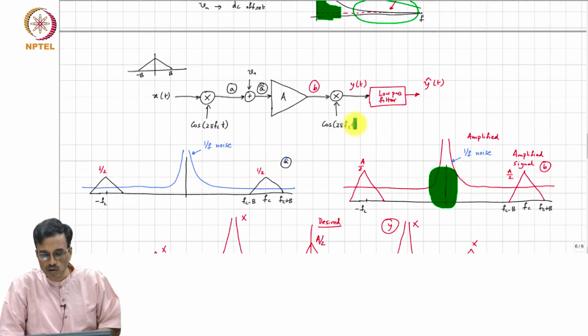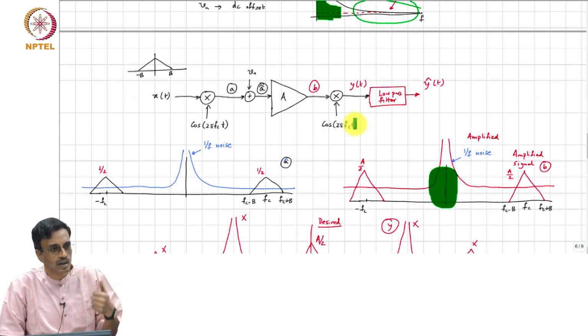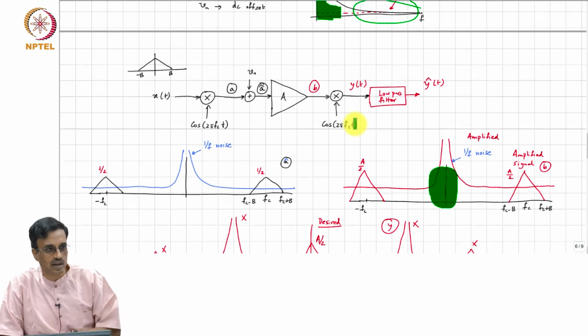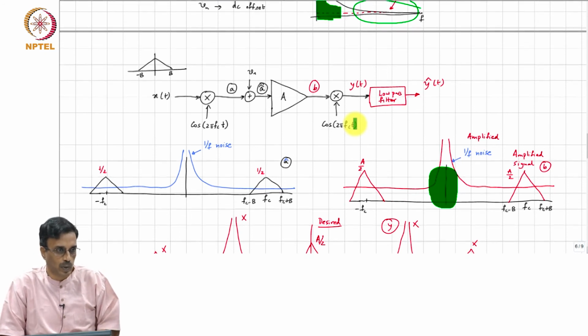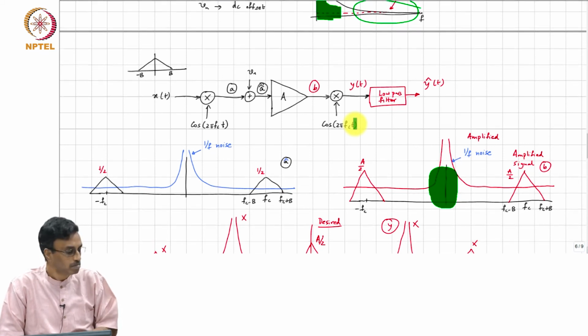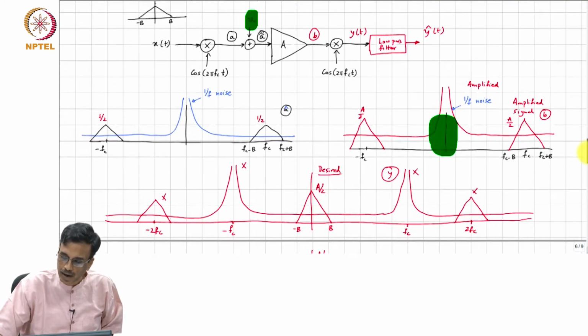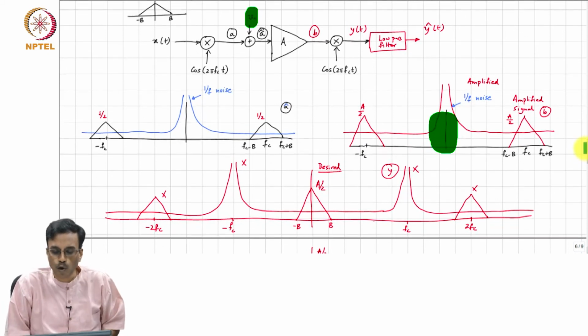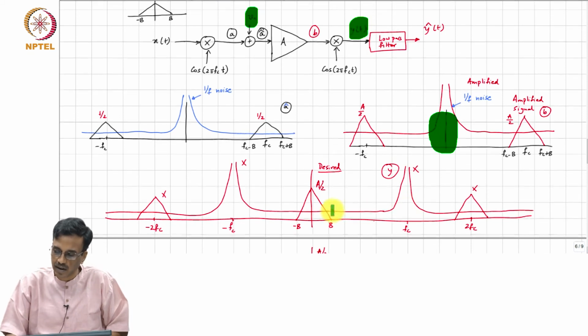So the obvious question is, first of all, what are all the frequencies that can alias? Second, what is the gain from those frequencies to our desired output frequency? We would also like to find what the actual transfer function is. What do we expect before we do the math? A low frequency input Vn, what is happening to it at y? It is getting translated to fc.